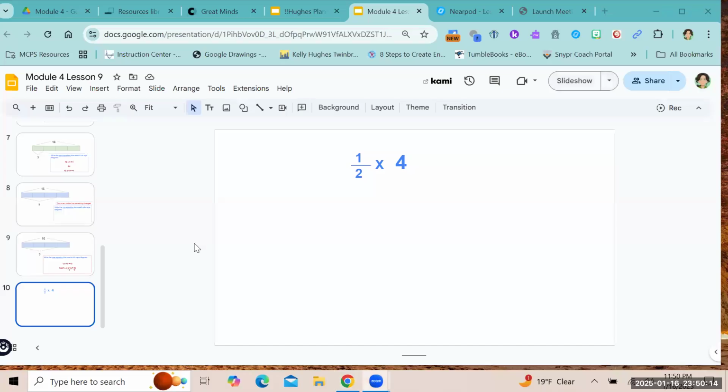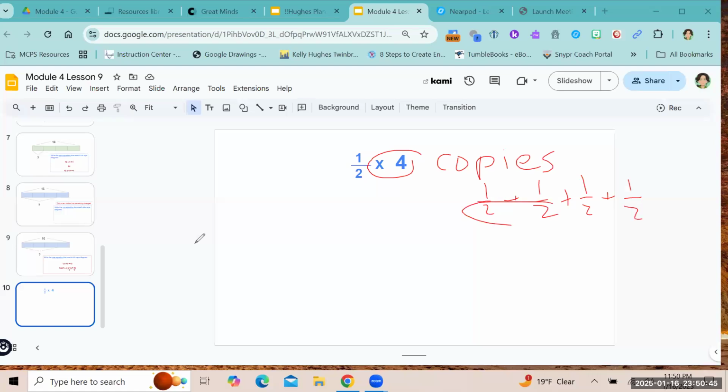Okay, for our second fluency, we are going to multiply fractions by whole numbers, and we're going to use a strategy that we worked on yesterday, which is basically saying that this could mean copies, right? So if I'm having 4 copies of a half, that would be 1/2 plus 1/2 plus 1/2 plus 1/2, which